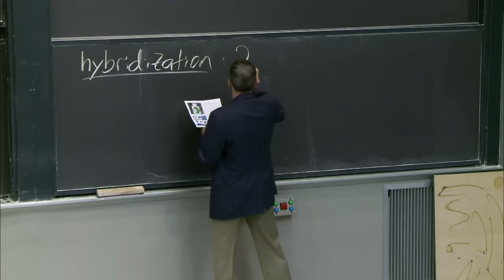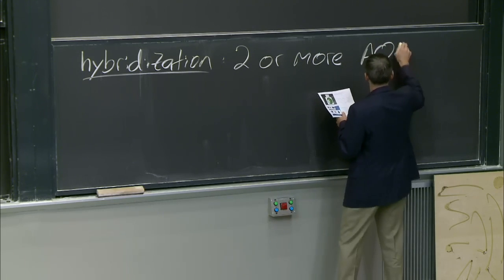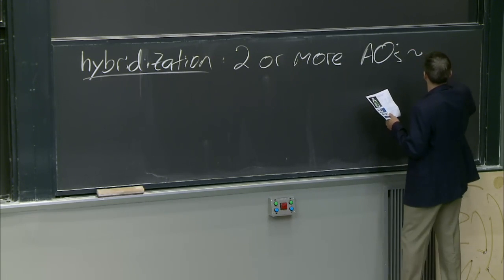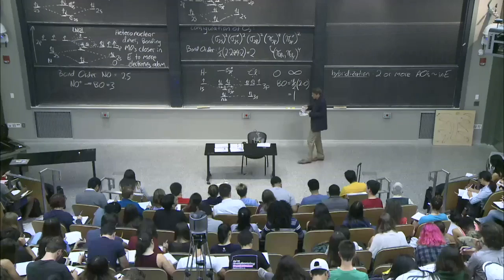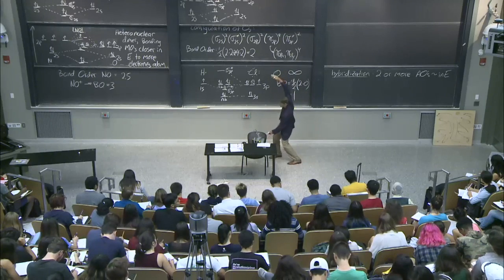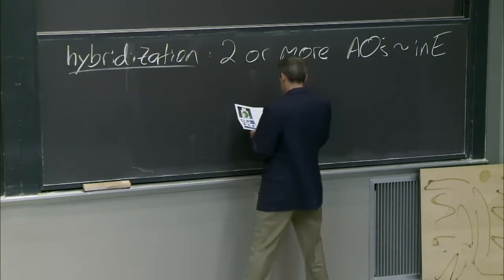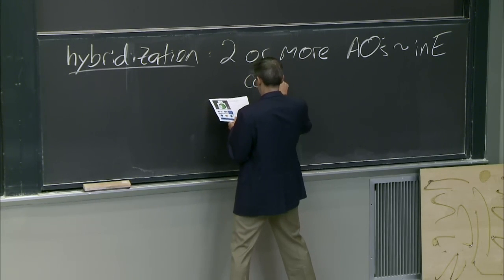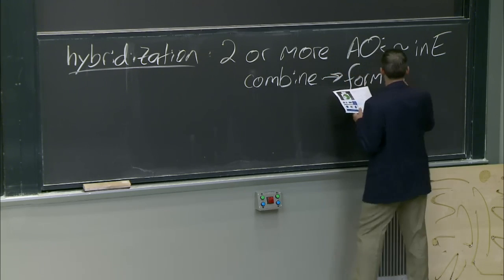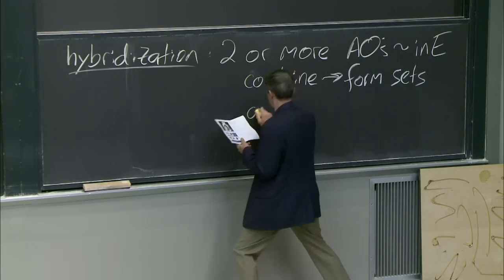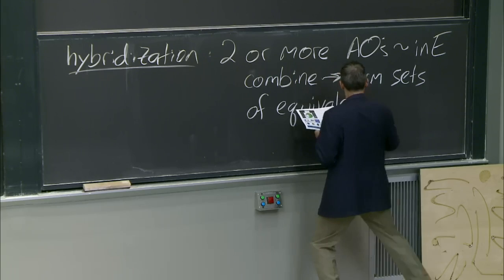So this is when two or more AOs that are similar in energy. Similar. They're not the same, but they're close. You can't hybridize if one level's way up here and the other level's way down there. But if they're close, 2s, 2p, then those orbitals can combine. And what they do is they combine to form, and this is critical, sets of equivalent orbitals